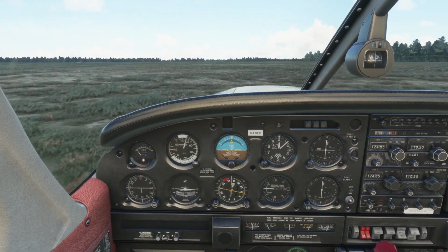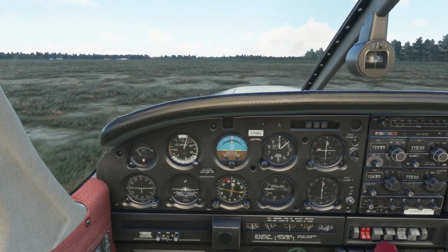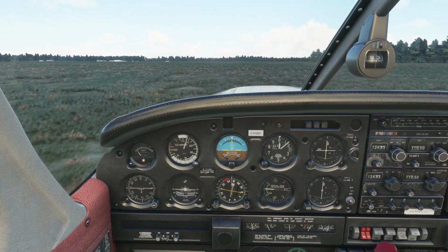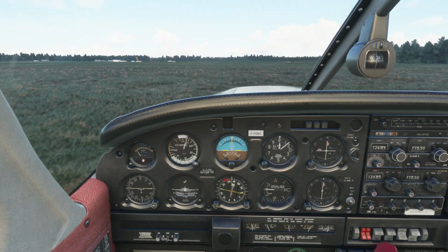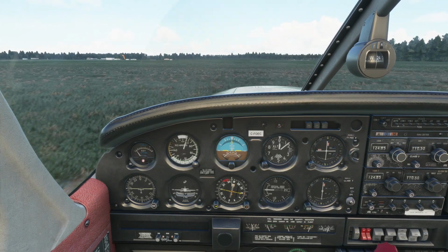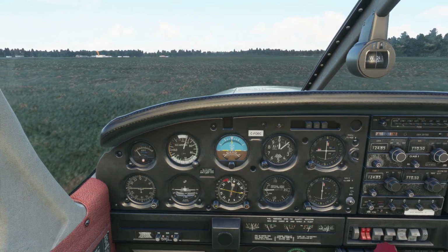What a treat to have an aircraft like this in Microsoft Flight Simulator. I've been waiting for this one for quite a while, guys. I've got a lot of experience with this, so I'll be able to tell you how it feels from my own experiences, and I'm confident it will fly very, very close to the real thing, without a doubt. But all the kind of things like general handling, and we're going to actually do...